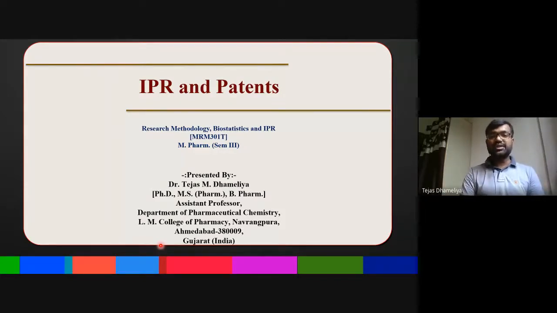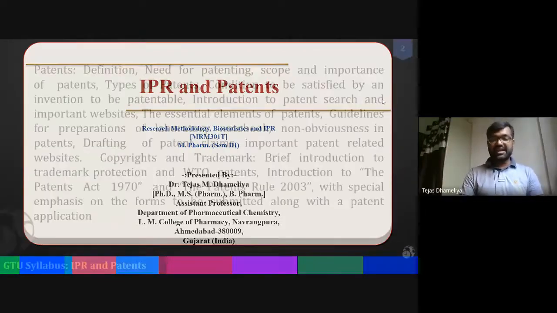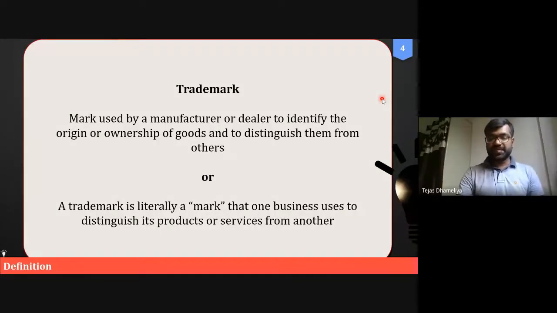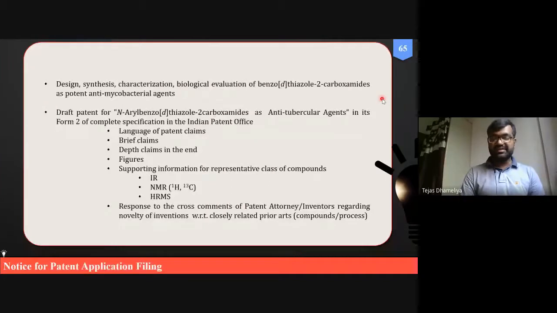Okay, so to do this we need various types of databases which are available online. Some of them are free and some of them are paid. So in the last lecture we have seen what these databases are, and how this can be really a good way, useful for our various types of patent search. So this we have basically seen in the last class with the help of several discussions, I mean to say patent filing etc.